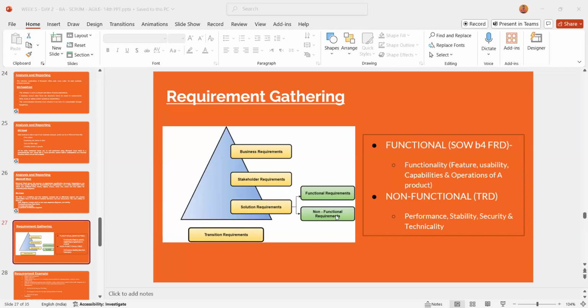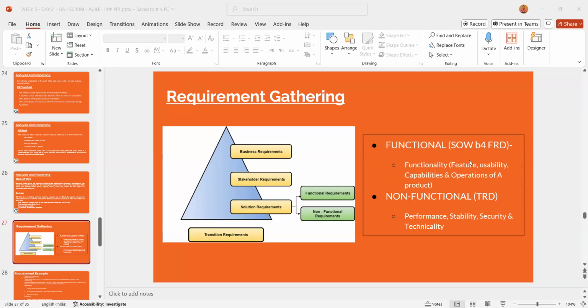In the solution requirement, you have the functional and non-functional requirement. Because the requirements are coming from the stakeholder, it is called the stakeholder requirement, and the stakeholder can give you both the business requirement and the solution requirement. As a business analyst, your whole idea is to translate the business requirement into solution requirement and trace its functional and non-functional requirement. Functional requirements are generally translated and detailed down in a different document, which is called the functional requirement document, or FRD.